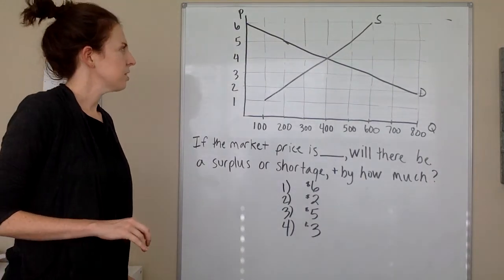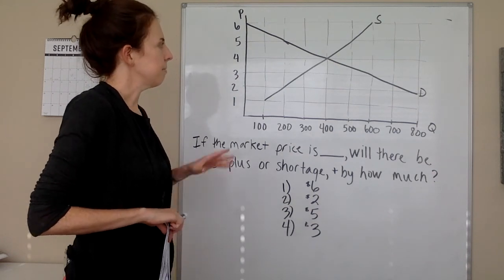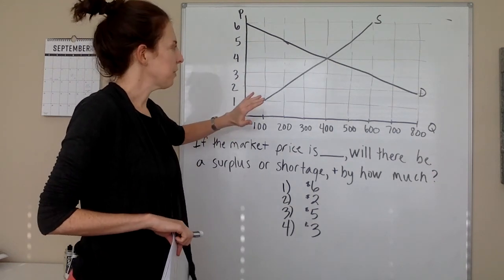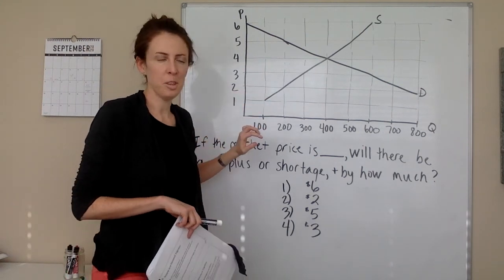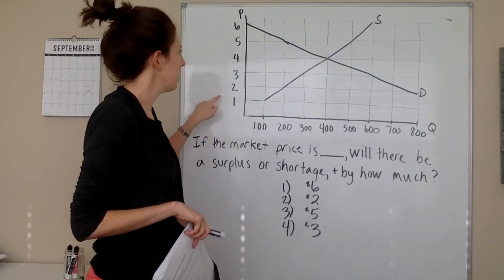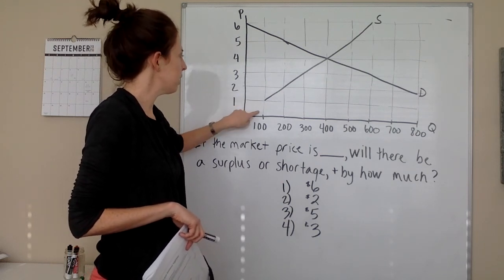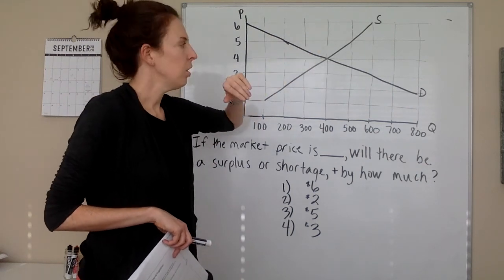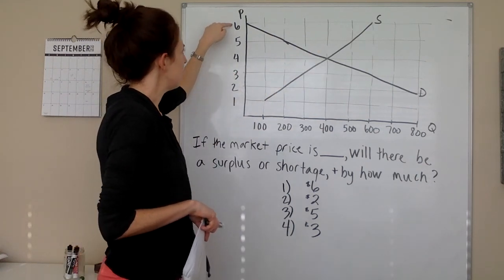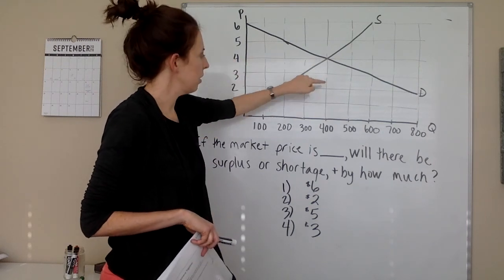Okay, the task for today's exercise is consider the following market. This market. I've drawn everything very much to scale. I put up the grid lines during the break to make sure I was getting it exactly right. So we have a supply curve that has one coordinate at 1, 100, another coordinate at 2, 200, 3, 300, and so forth. We have a demand curve that has a coordinate at $6, 0, $5, 200 units, $4, 400 units,